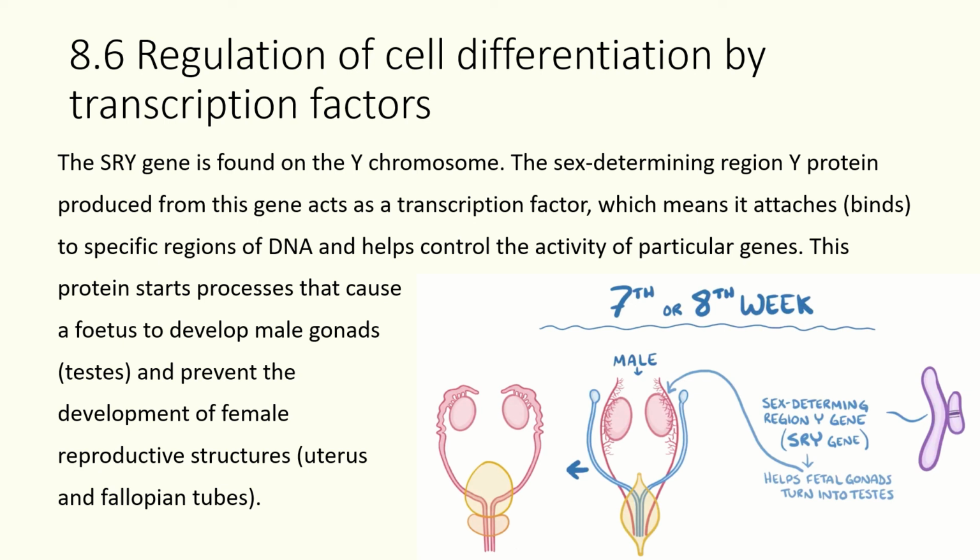So effectively, the SRY gene is the switch for male sexual development, such as the fetus developing gonads, male gonads, testes, and preventing female reproductive structures such as a uterus or fallopian tube from being developed. So these genes are the transcription factors that control